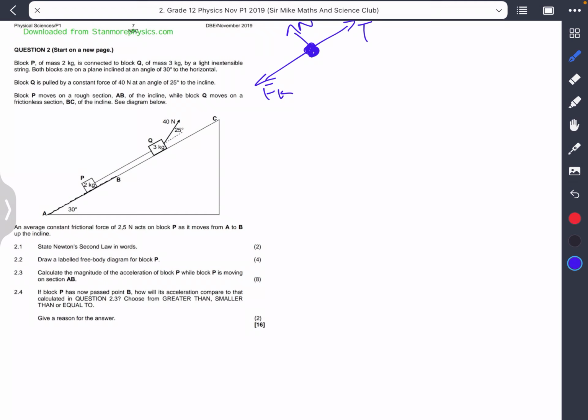So the force of gravity is always pulling the object vertically downwards. In this case, our force of gravity would be in that dimension there, so that would be our Fg. This would be the type of free body diagram